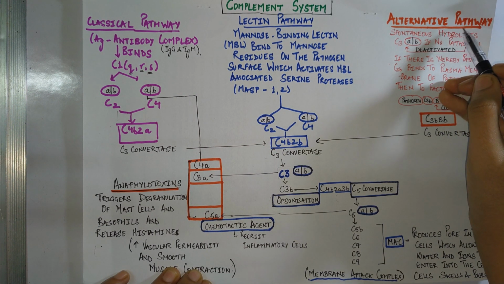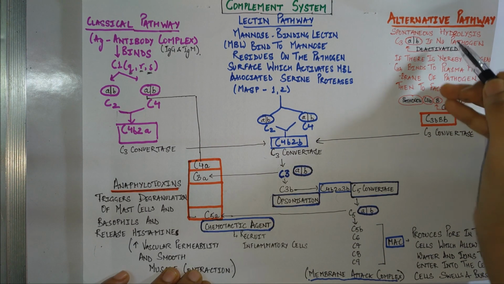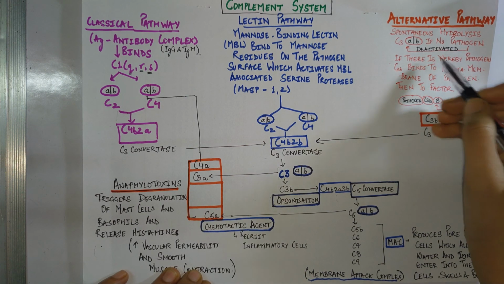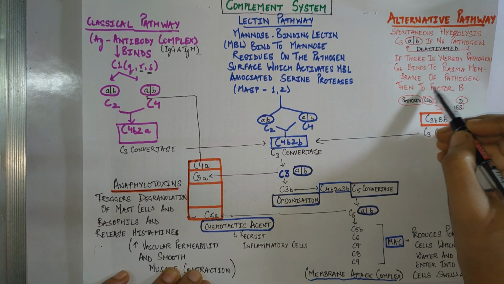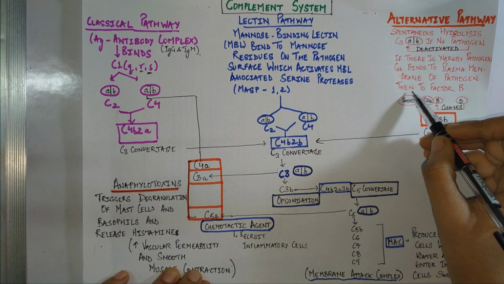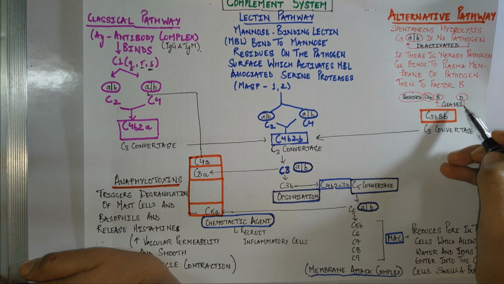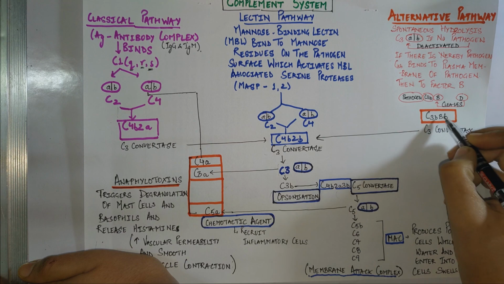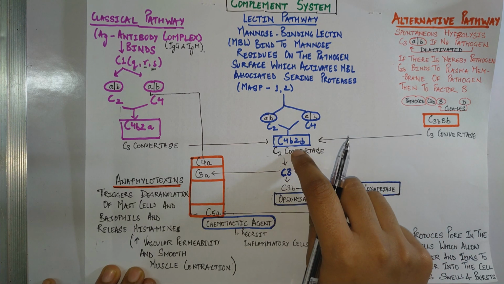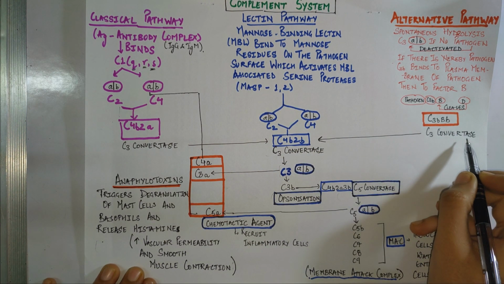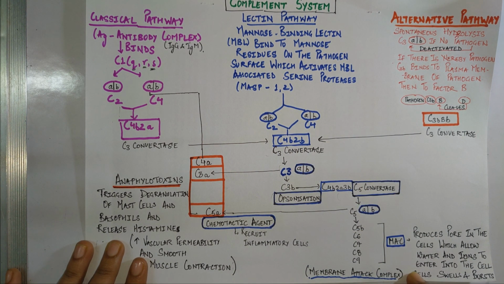Alternative pathway is usually always active because of spontaneous hydrolysis of C3 into C3a and C3b. If there is no nearby pathogen, C3a and C3b are deactivated. If there is a nearby pathogen, C3b binds to the plasma membrane of the pathogen and then to factor B. After this joining, factor D cleaves B into Ba and Bb. Bb joins with C3b to form C3 convertase. This is also known as C3 convertase, just like C4b2a. After this, the pathway continues just like the classical pathway and results in the formation of the membrane attack complex.